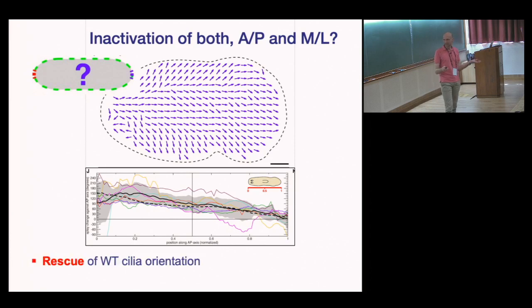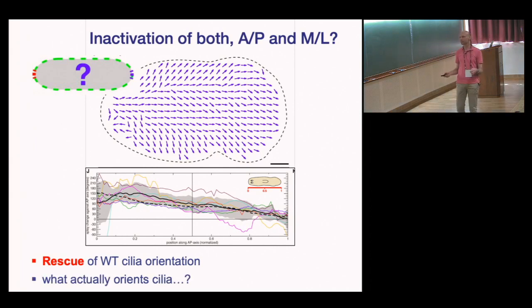In a way, this is nice because from our model, where the cilia orientation is basically the superposition of the two independent polarities, we can rationalize this rescue as basically saying that if you weaken both components, then again you end up with something that is pretty close to normal. However, in terms of thinking about polarity and what causes polarity ultimately, this is deeply puzzling because if